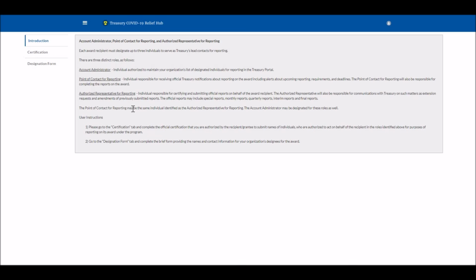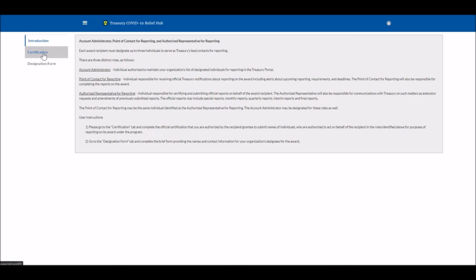If you're curious about what each of these roles are, please not only read what's on the screen here, but visit our YouTube video for specifically designating user roles, where we go into this subject in more detail. But at a high level, account administrators will be able to designate additional roles for your jurisdiction.